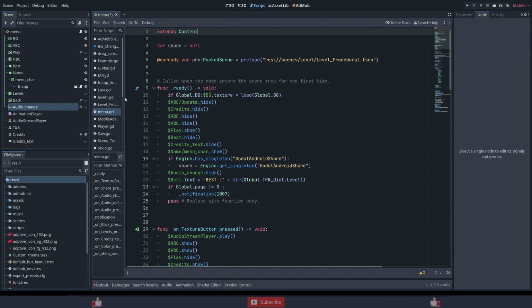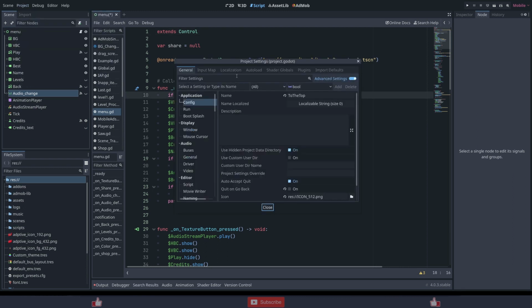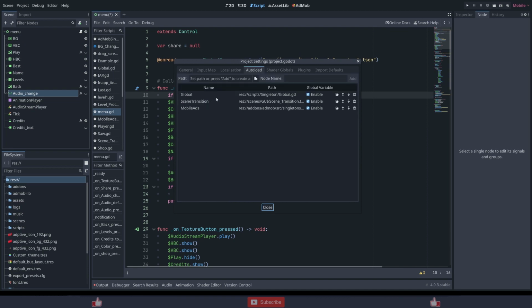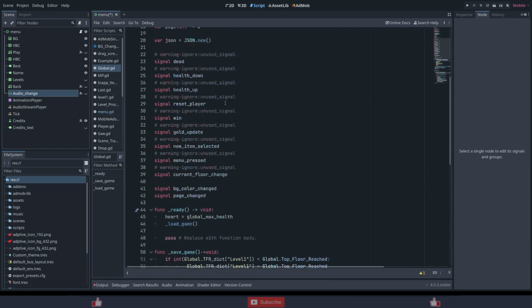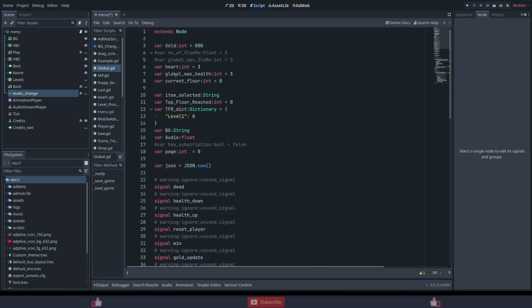There is a bunch of code to hide or to show what to show, in case I forgot what I need to hide or what I need to show. Global.bg is a global singleton, saving things like gold, heart, global max health, current floor, item selected, top floor reached, dictionary, background, which background I am using, audio level,